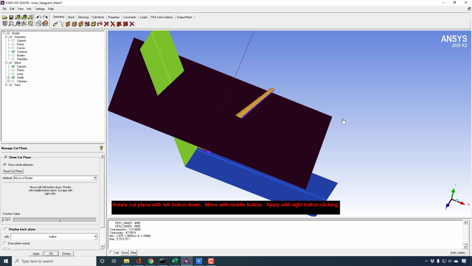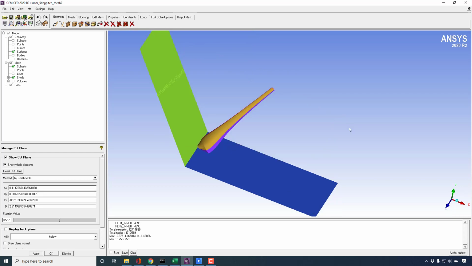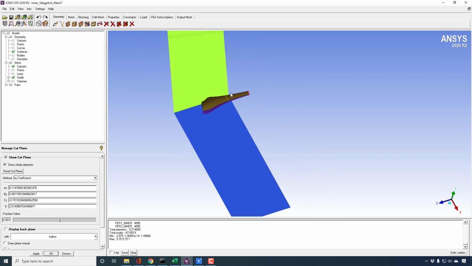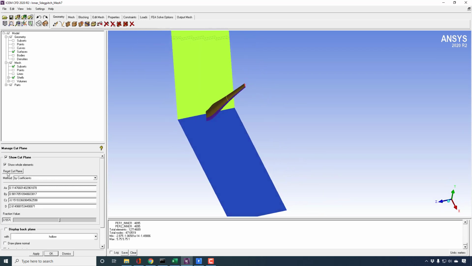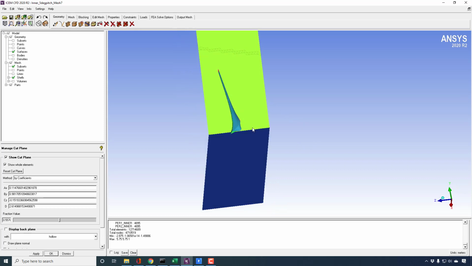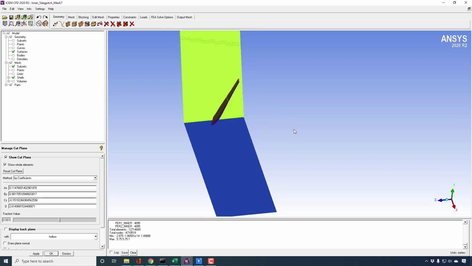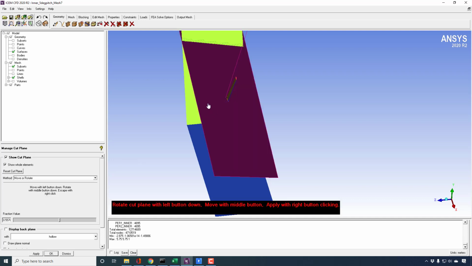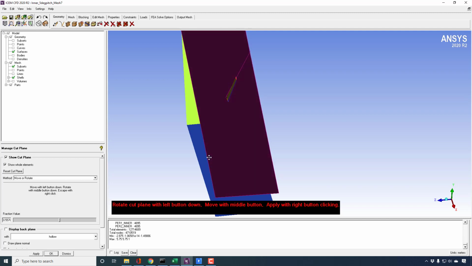To confirm the selection, you have to press the right mouse button, because we are done with this plane. But let's say I want to change it again. I will change the view, because the view is very important here, and the rotation depends on the view. I will again choose Move or Rotate, and this way I am now in a better position to move this geometry.